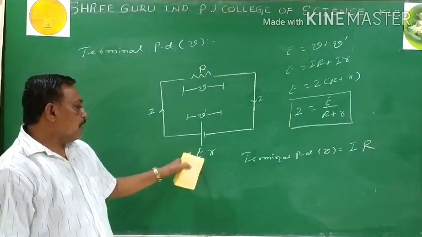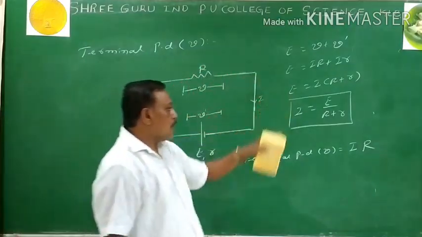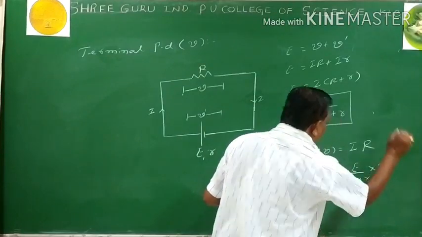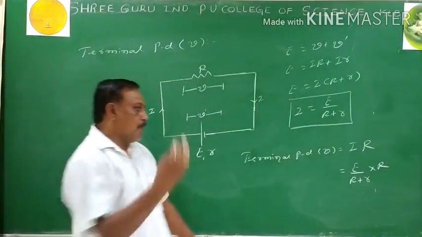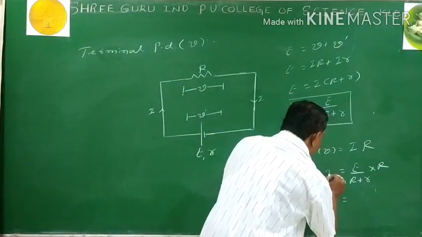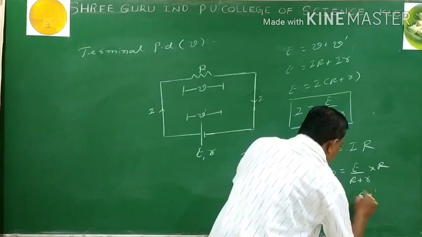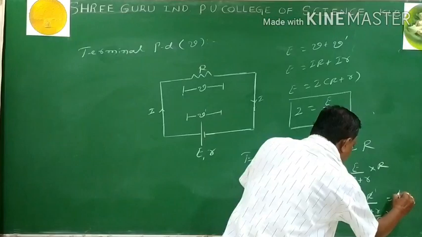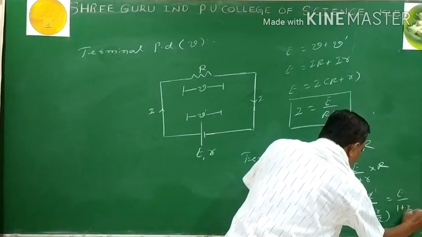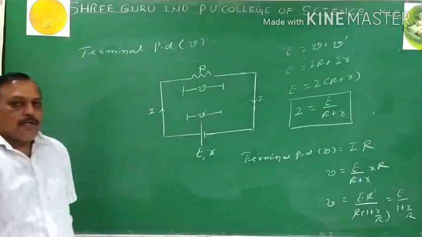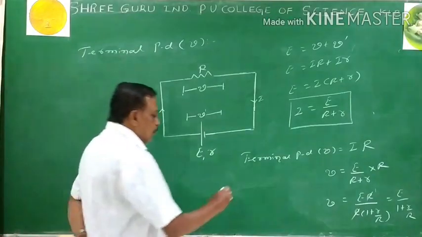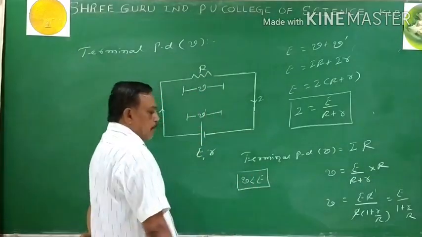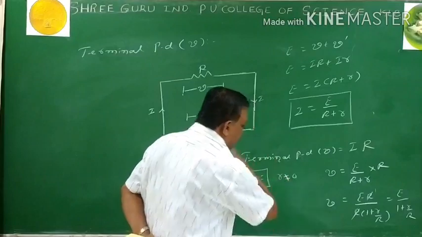So we are providing the EMF having the internal resistance r. Then the total current I, we already have the equation, E divided by R plus r, into capital R. I want to cancel the numerator R. So I take R common, 1 plus r by R, then this is nothing but E divided by 1 plus r by R. From the equation, we concluded that the terminal potential difference is lesser than EMF because internal resistance is not equal to 0.